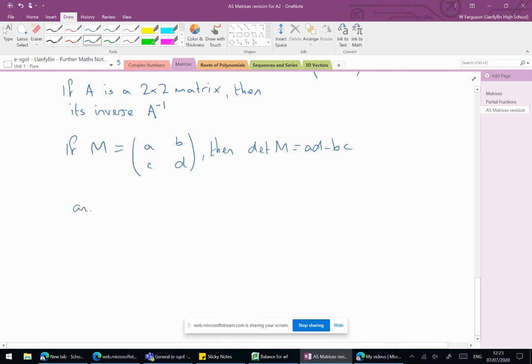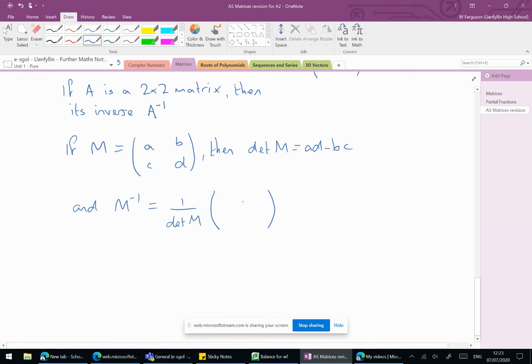And I can find the inverse matrix, M to the minus 1. What I have to do is I have to have a scalar multiple, which is 1 over det M. And then I need to have a 2x2 matrix